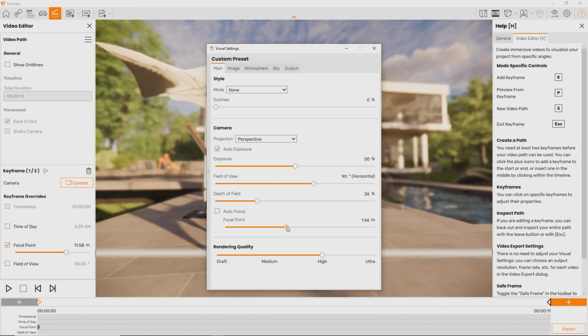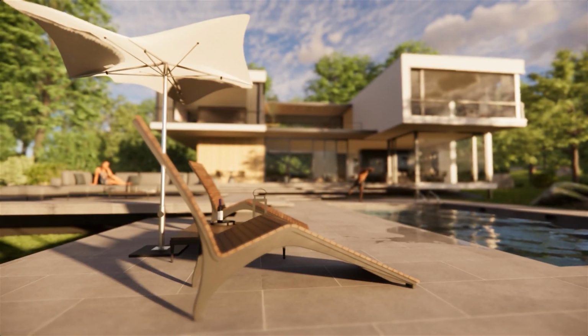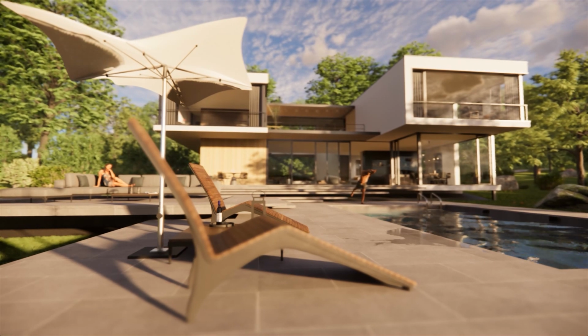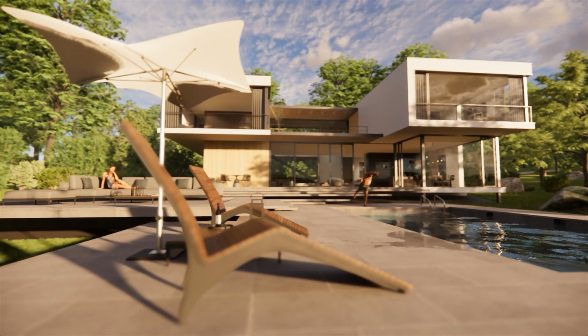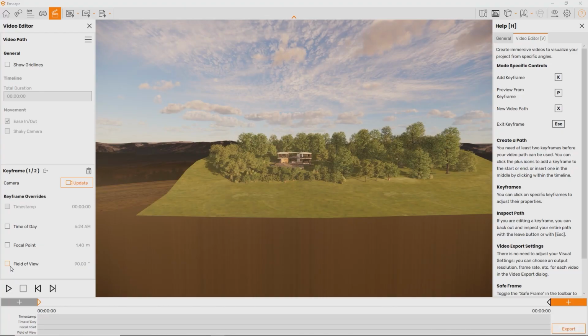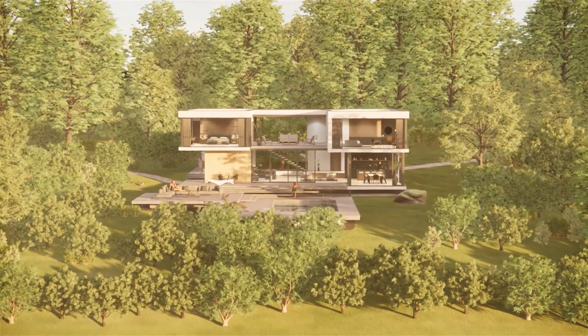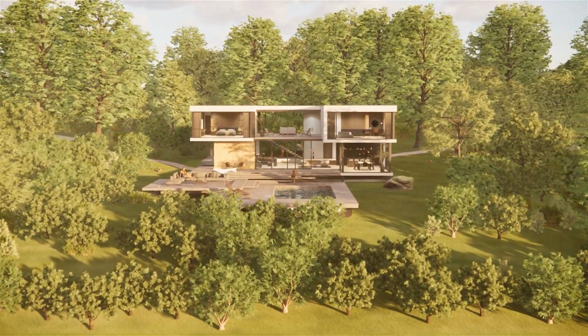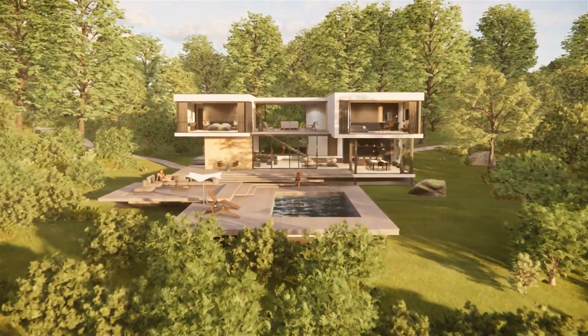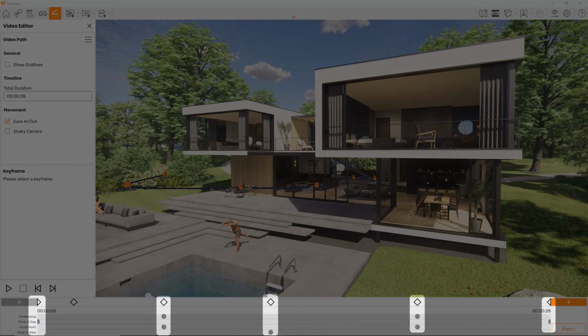Then you can control the focal distance, allowing for cinematic effects. Field of view can be used to add a zoom effect to your video. Notice that all the keyed values can be reviewed anytime on the timeline at the bottom.